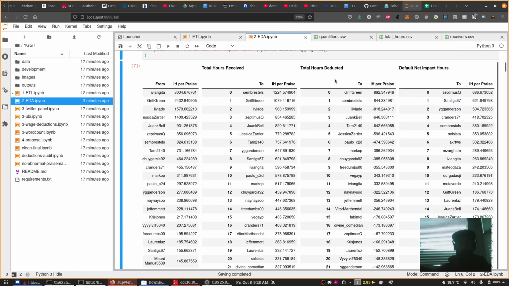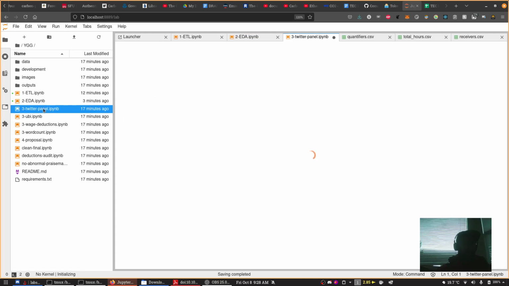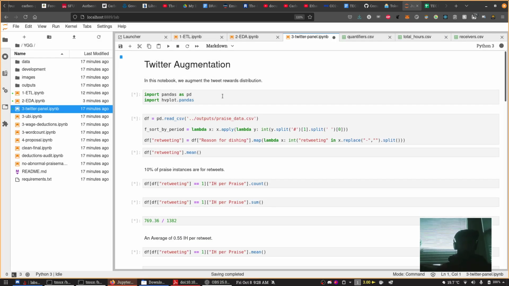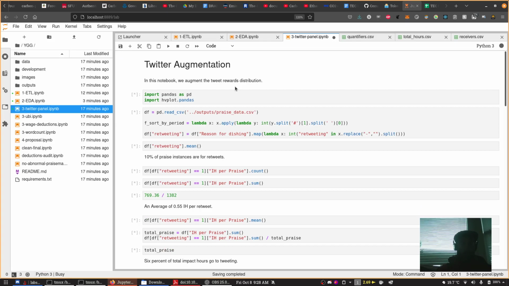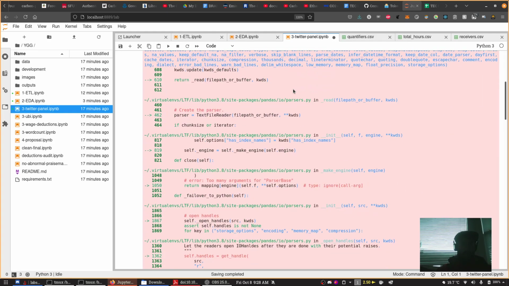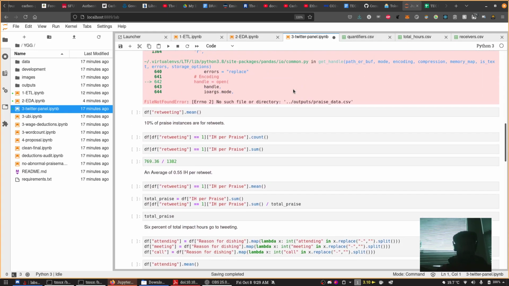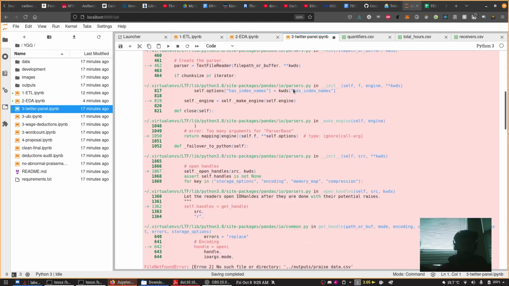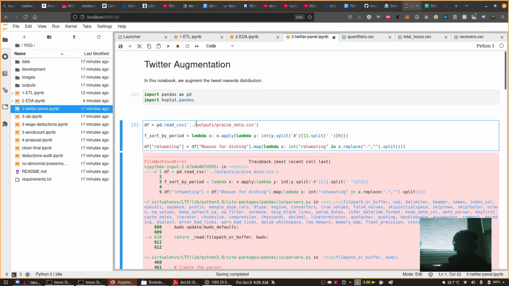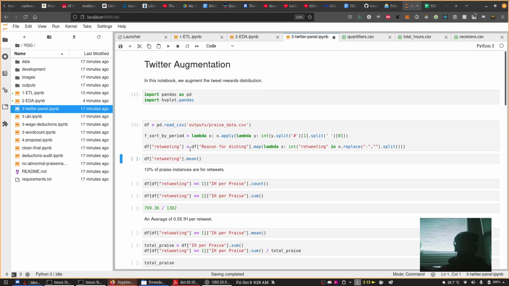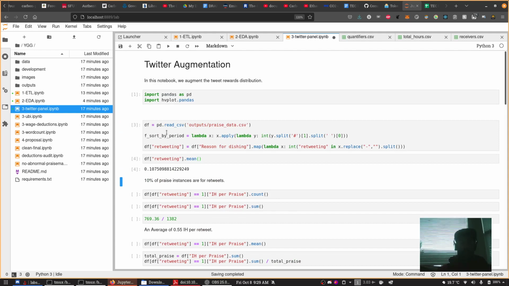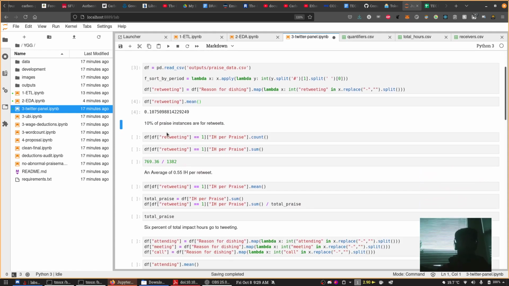Okay, what else do we have? Twitter panel. Let's run this. Twitter augmentation. I think this is some work that Octopus did. Yeah, this is analyzing tweets